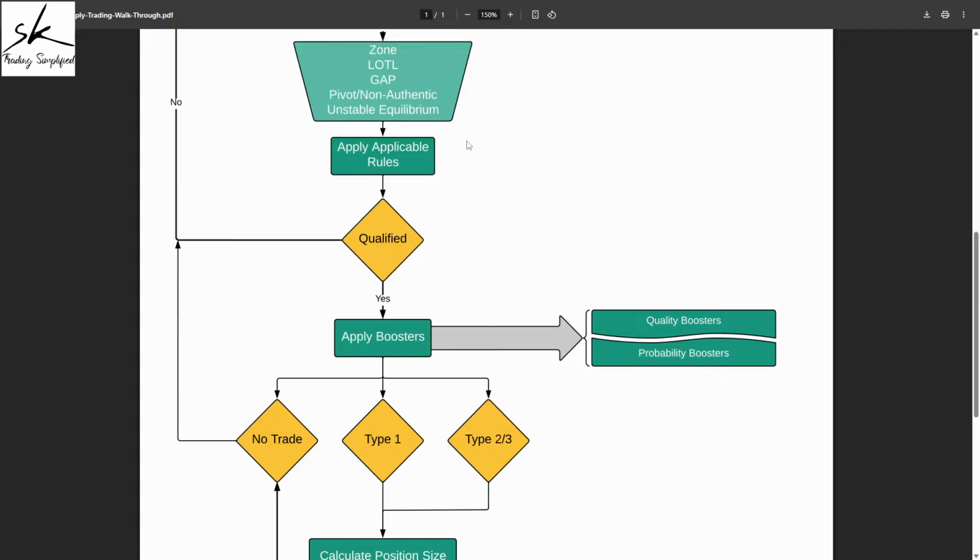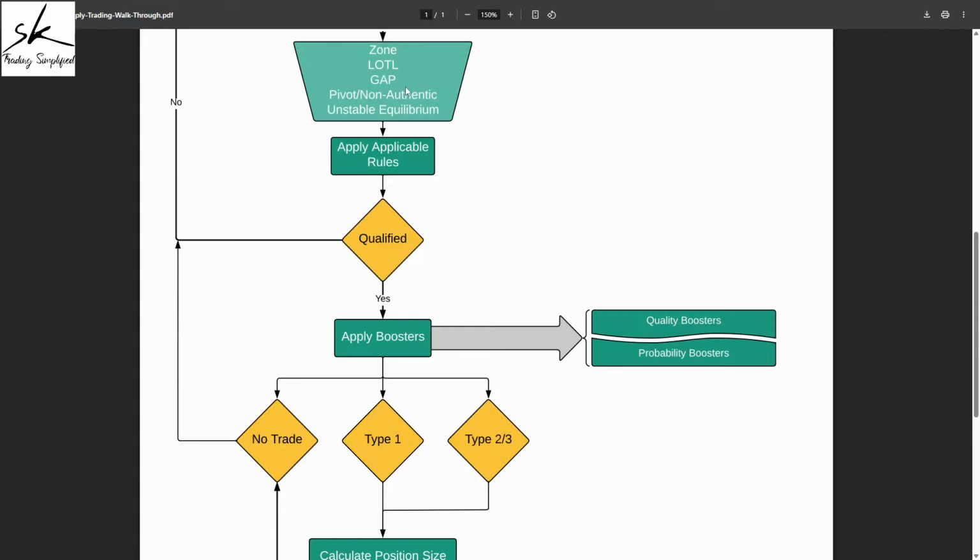Once these zones have been identified, the next step is to qualify them, which is a two-step process. In step one, we'll qualify them based on certain conditions, and in step two, we'll qualify them based on the booster scoring. So when we start with these conditions for qualifying the zone, the very first one is level on top of level. Now, why do we start with level on top of level? Because if the zone proves to be a case of level on top of level, we might have to shift from the zone we have already identified to a different area. So if some modifications are required, we should make those modifications before we proceed ahead.